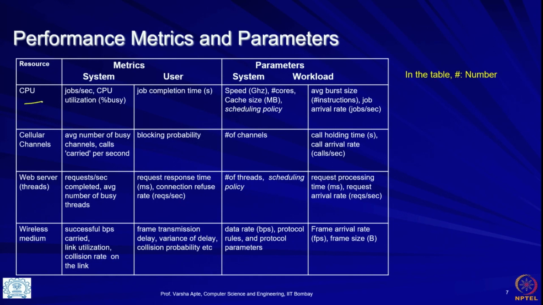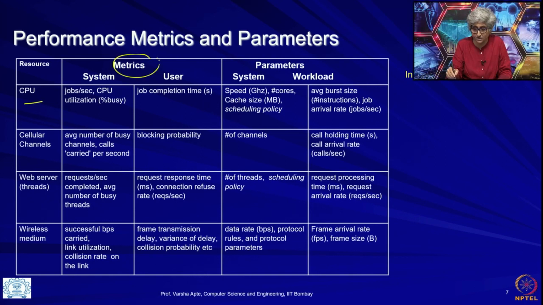So for example CPU, let us start with the metrics, okay, what are the questions we are interested in. So the resource owner will like to think in terms of, oh, so many jobs per second were done on the CPU. Let us say it is a high performance computing system, in those kind of systems actually these large jobs are submitted for processing, and if you are an owner of that kind of system, you will really want to be processing lots of jobs, because maybe you have given it for rent to some users and you make more profit if more jobs per second are done by the CPU. So you really want, as a system owner, you always want these things to be high.